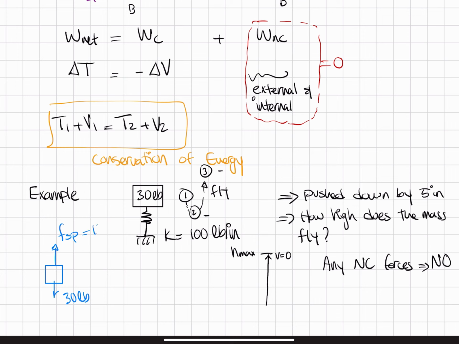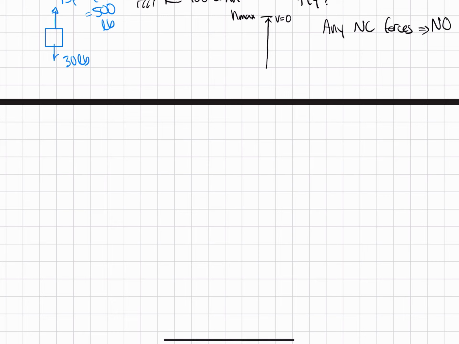It's equal to 100, that being the coefficient of stiffness, times 5 inches. That's 500 pounds. So I can use the equation for conservation of energy, which is T1 plus V1 is equal